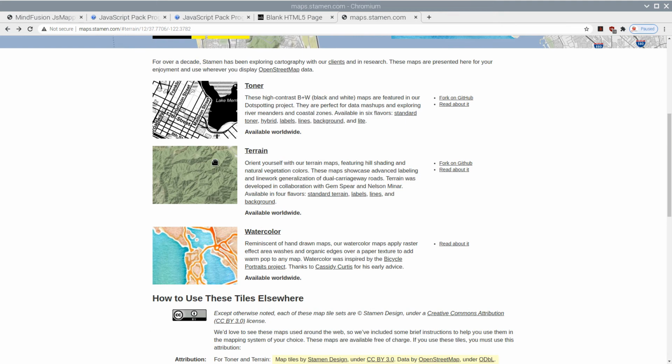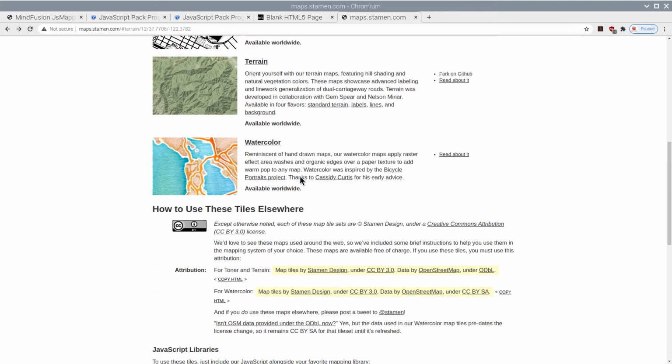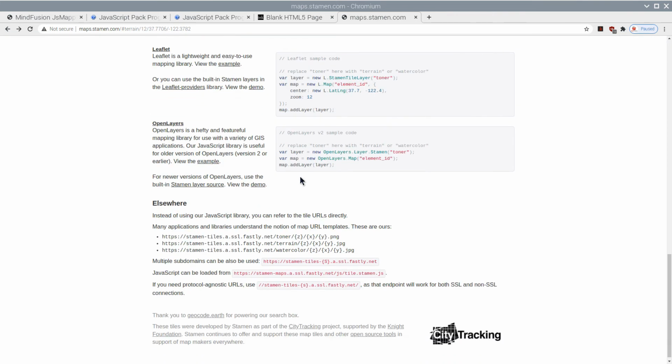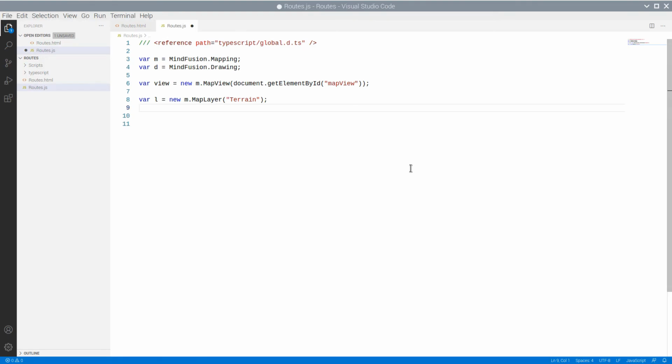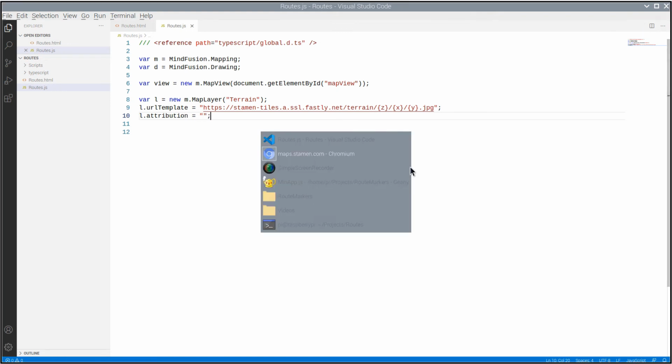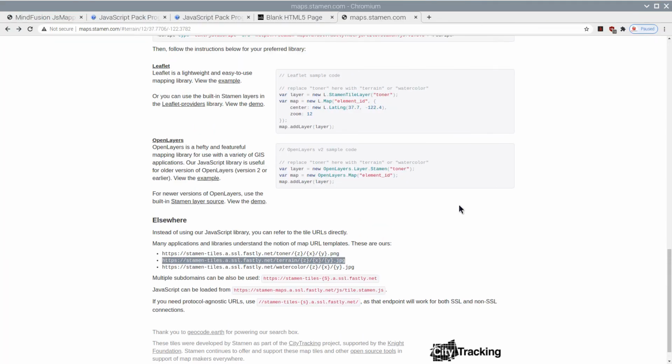We use often Stamen, and we will use it in the sample as well. On the Stamen website, you can get the URL of the tile map service for the type of map you are interested. They demand that you provide attribution, and we will. We use the attribution property of map layer for that.